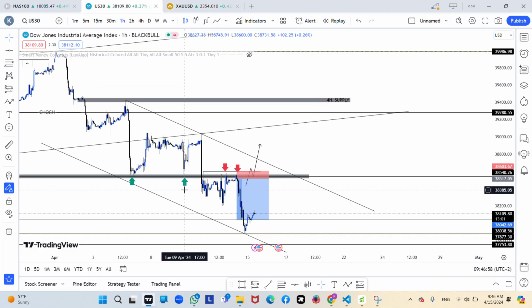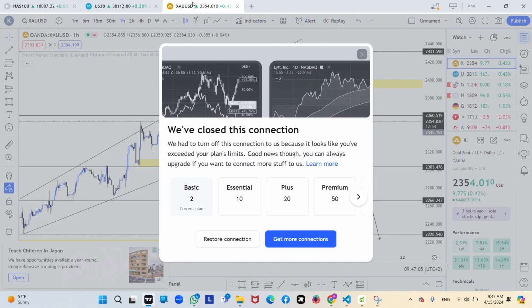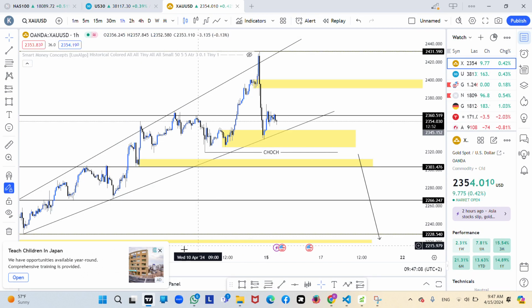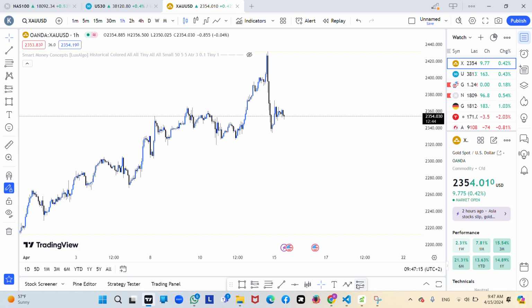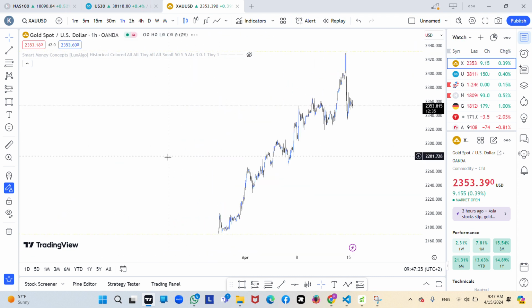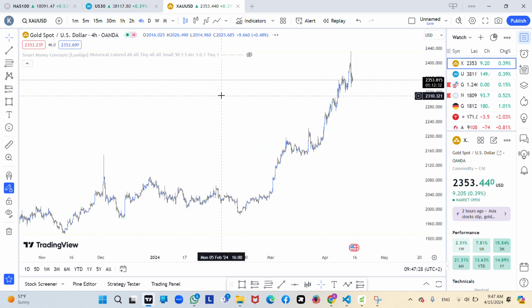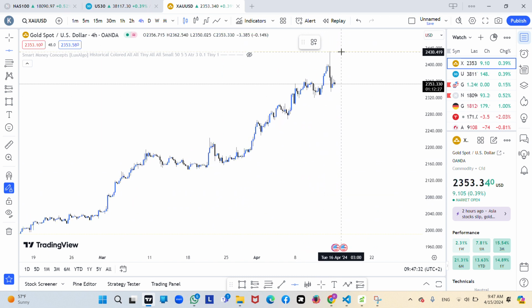So let's get back to the charts. This was what we were supposed to do, and then let's check US. Let me just delete and start over again. I hope you still remember the gold setup that we had. On my previous video, I had a gold setup whereby we started on the 4-hour time frame, and then we identify